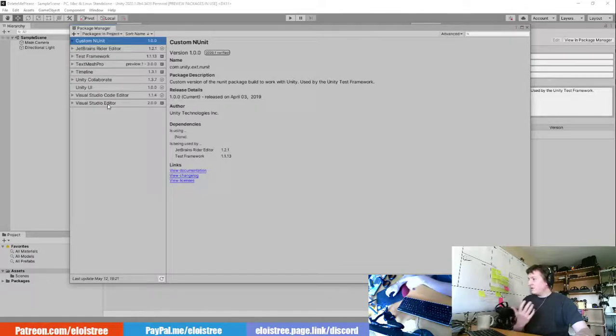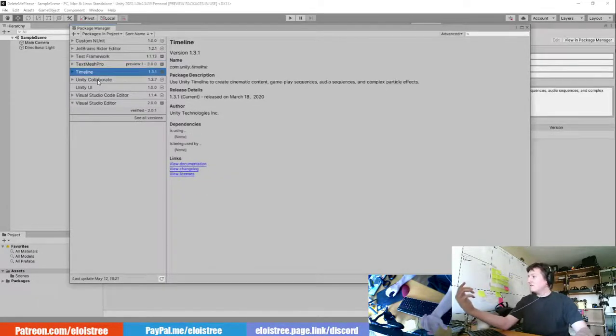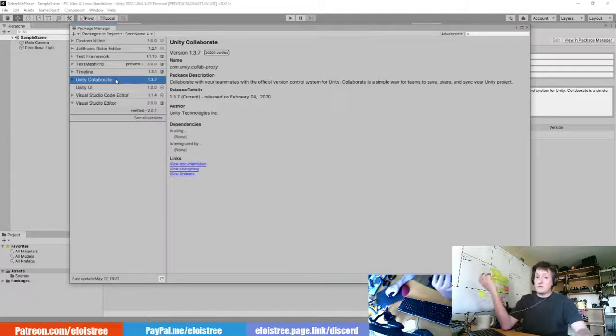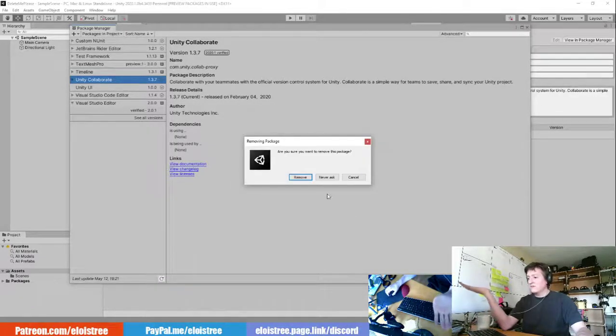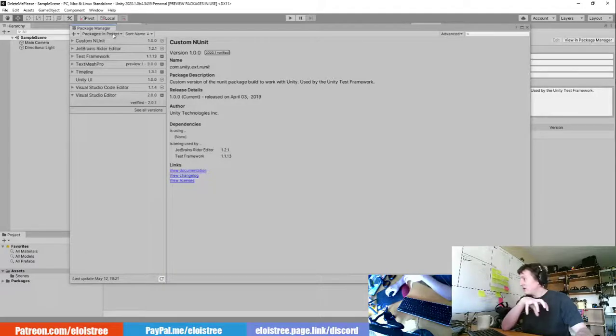For example, here we can see that Unity by default has already installed some tools for me that allow me to test some stuff, to check the timeline, to use the UI interface of Unity, to synchronize my work when I work with a teammate. For example, if I don't like this one because I know I don't want to work with that, I can press remove and whoop, it removed it. And like this, I just remove some code that is not useful to my project. So that's really a powerful tool that Unity has created, and that's why now every code I do is on that.